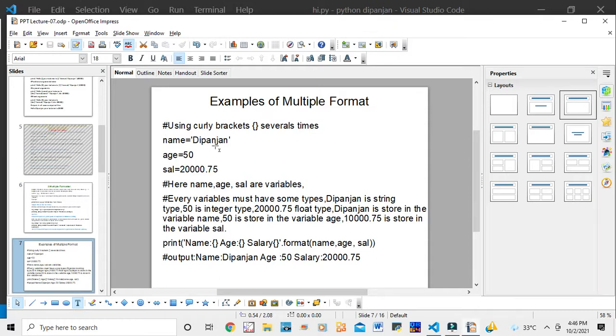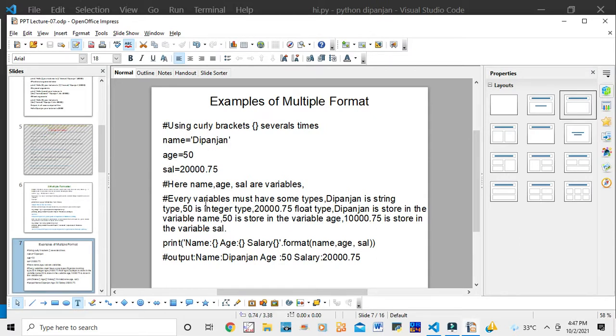Name equal to Deepanjan, age equal to 50, SAL equal to 20,000.75. Here SAL means salary. These are all variables. Name is a single variable, age is a single variable, salary SAL is a single variable.